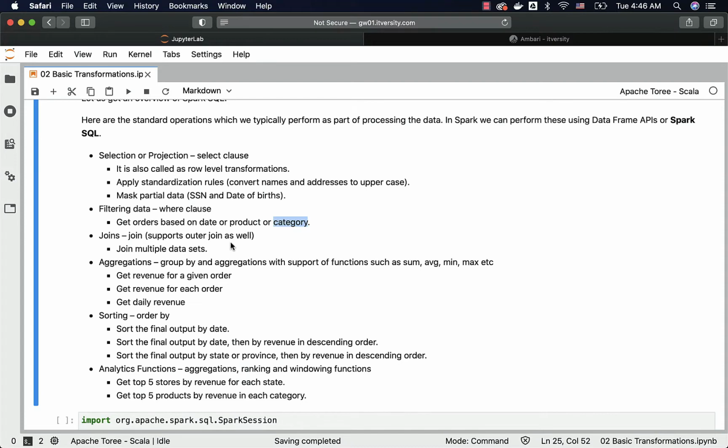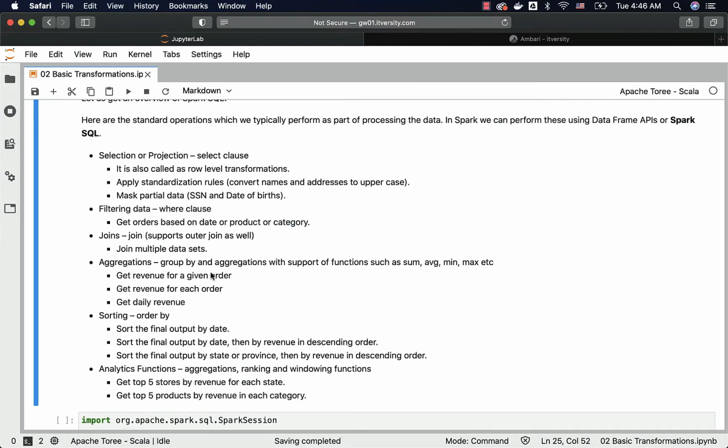Then comes joins. All the others are quite obvious from the business requirements, but join is more of a technical requirement than the business requirement. Once we get the business requirement, we have to evaluate against the tables, identify the tables from which data has to be sourced, and if we have more than one table from which we have to source the data to solve a business requirement, then we have to join those two tables. So joins are typically used when multiple tables are involved.